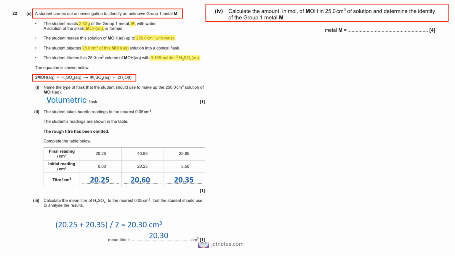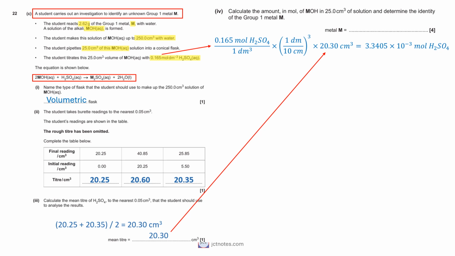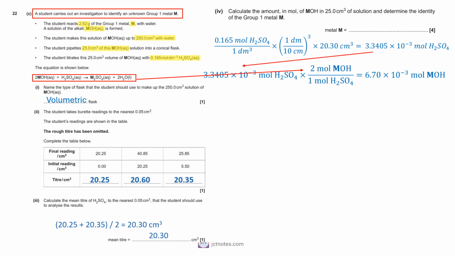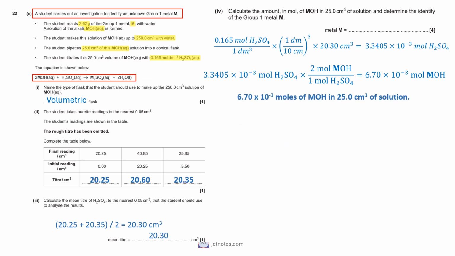In question 4, we need to calculate the amount, in mole, of MOH in 25.0 cubic centimeters of solution and determine the identity of the metal M. With the concentration and the volume of sulfuric acid used, we can find that the number of moles of this acid is 3.3405 by 10 to the power of minus 3 moles. From the stoichiometry of the reaction, we know that 1 mole of sulfuric acid reacts with 2 moles of MOH, therefore, we have 6.70 by 10 to the power of minus 3 moles of MOH in 25.0 cubic centimeters of